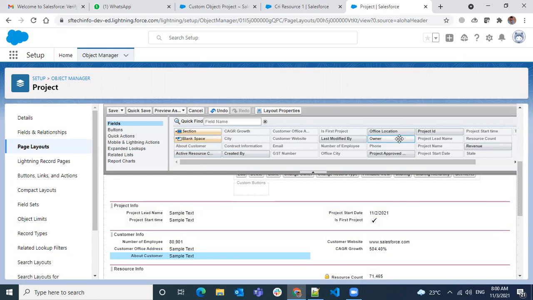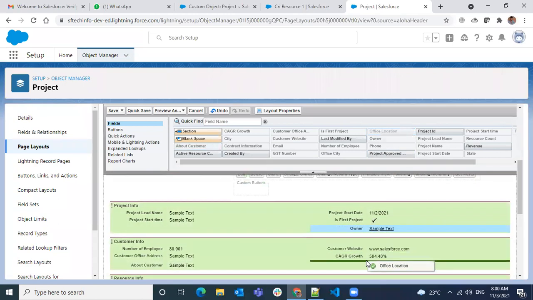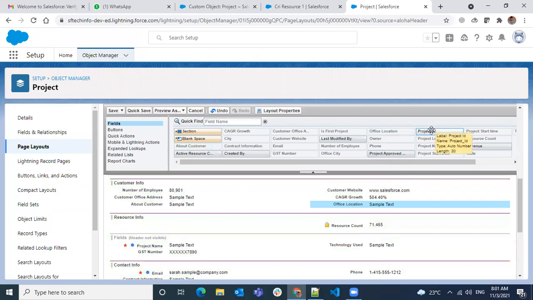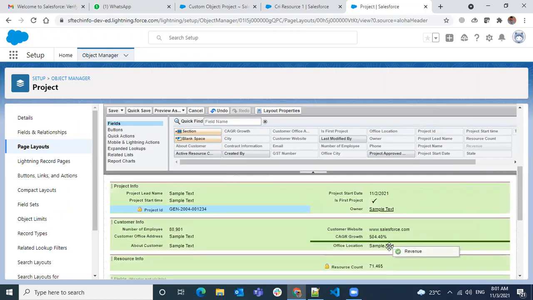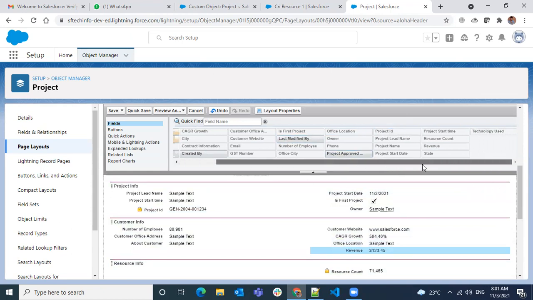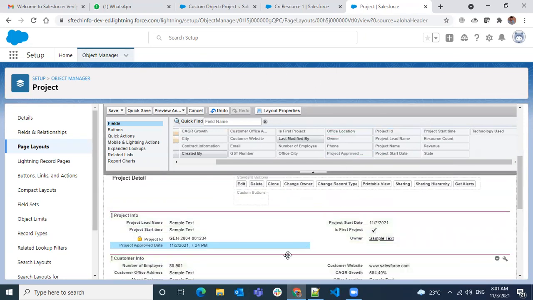Okay, resource owner, and then office location of the customer. So location of the customer, and then project information. I want to add a project ID. What is the revenue of the customer? Project approved date. Okay.